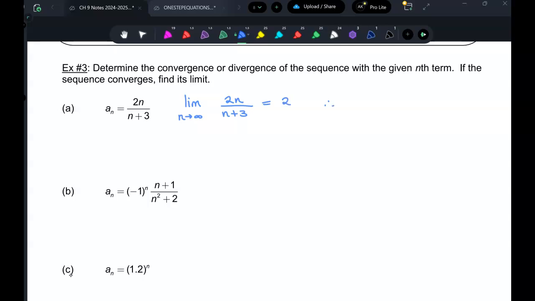So therefore, a sub n converges to 2. Agreed. And keep in mind, the values of n are always positive integers. They're whole numbers, so you're not talking about any negative values, which is why we only look at values approaching positive infinity. But if I were to write out what the sequence looks like,